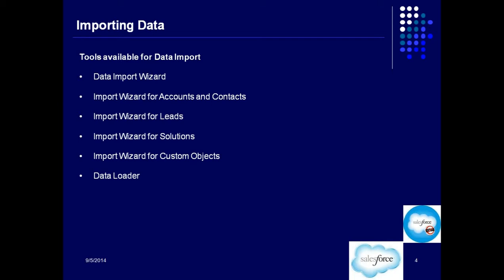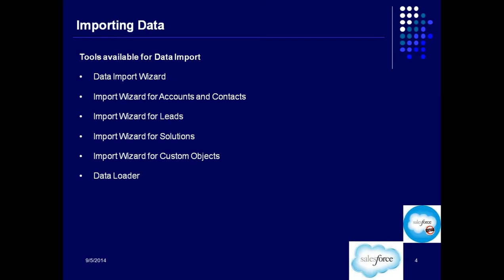The point is that if you have, let's say, 1000 accounts, those 1000 accounts you will put in some tabular format or on a spreadsheet, rather an Excel spreadsheet or somewhere. You just have to go and save that in CSV format and go to one of these tools available for importing and then call that file. That's it. Once you call the file, you just have to go and map the fields.